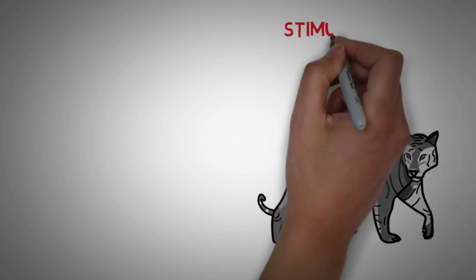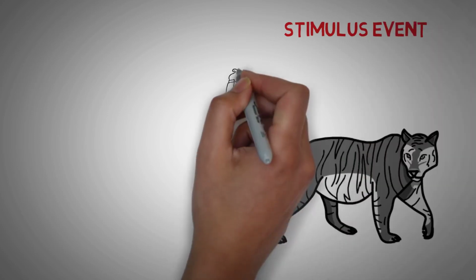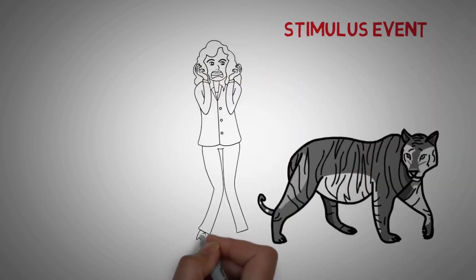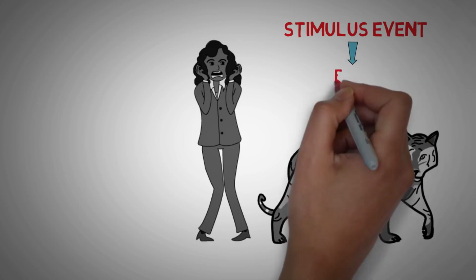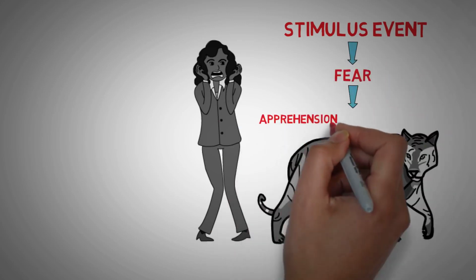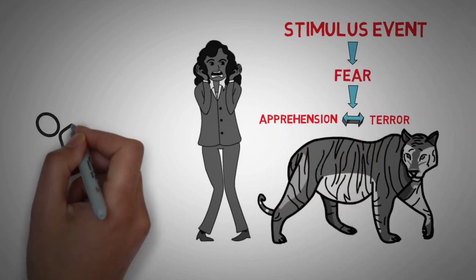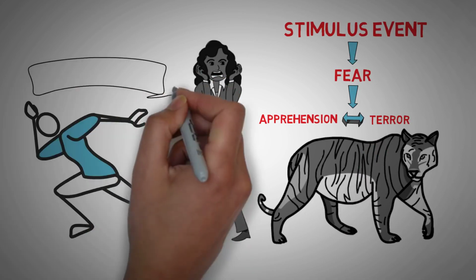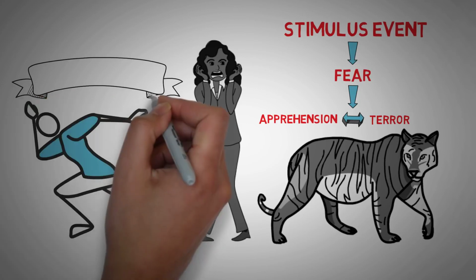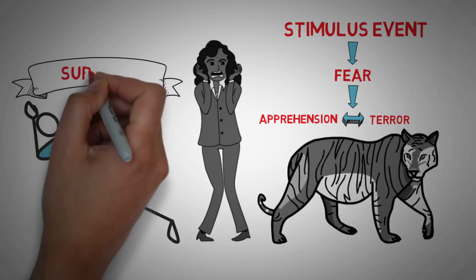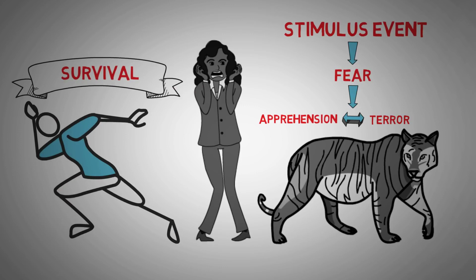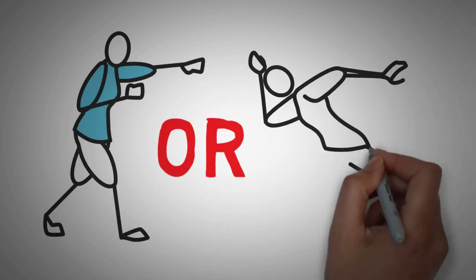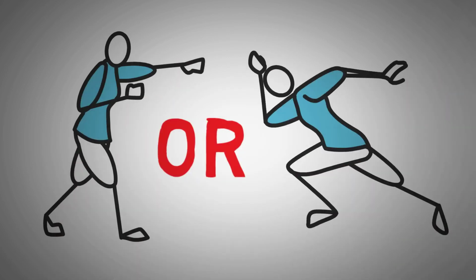Plutchik called this encounter a stimulus event. The inferred cognition that occurs in response to this stimulus is danger. The emotion that we feel is fear, ranging from apprehension to terror. So in this example, fear engages our fight or flight mode, and we end up fighting off the threat or fleeing the situation. And this is our behavior in response to our emotion. The desired effect of our behavior is some form of survival. In this case, it's protection from the threat. Basically, the sequence of events helps to explain the purpose of fight or flight, which is one of our most well-known defense mechanisms.